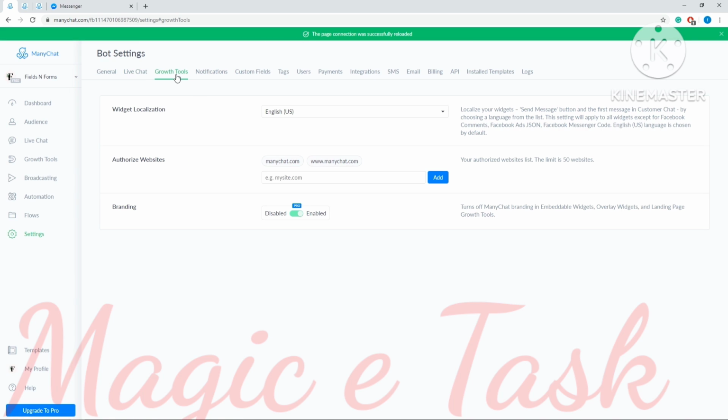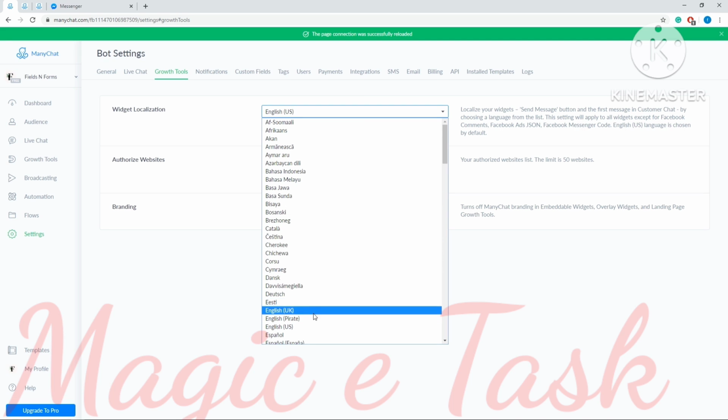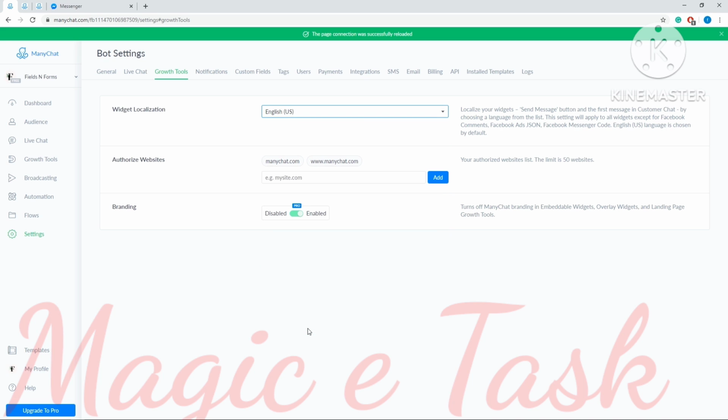Now on to the Grow Tools tab. First, we have the widget localization. This localizes your widgets by choosing a language from the list. English US is the chosen language by default. Authorized website allows you to add websites to your authorized list. Next, we have branding. Here you can turn off ManyChat branding in embeddable widgets, overlay widgets, and landing page growth